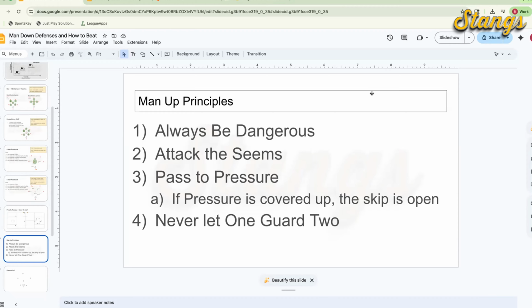The big one for us is we pass the pressure. So if you draw a rotation, draw a slide, the first place we look is where that rotation came from, where that slide came from. It's our first look. And then we have a caveat to this rule. If you look to where that slide or rotation came from and that guy's covered up, you have a skip lane open and can get through the defense on the backside if they've already over-rotated to the player that